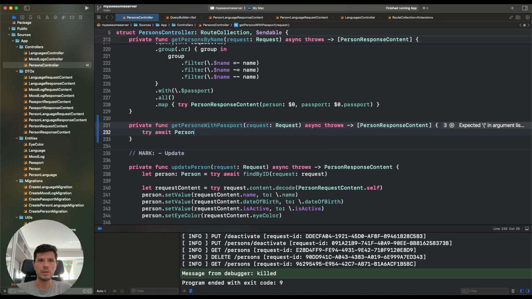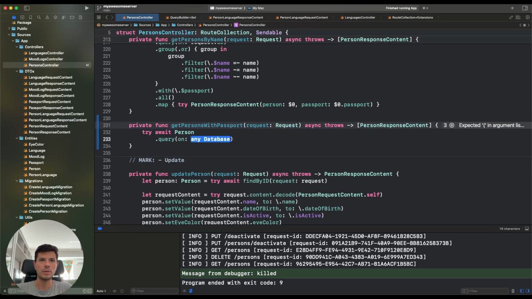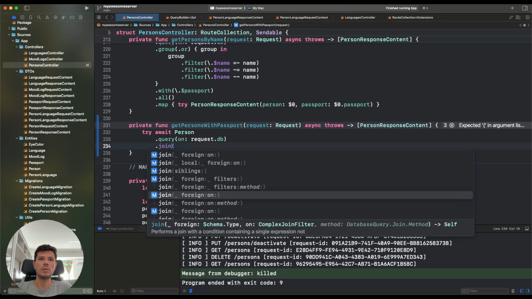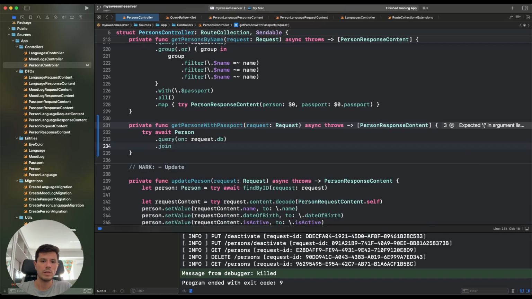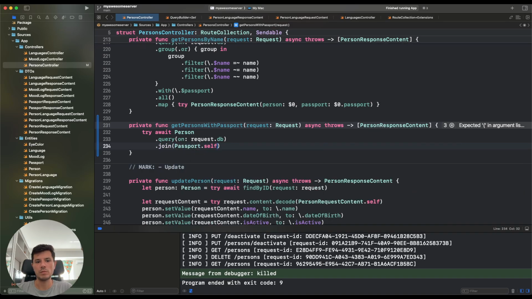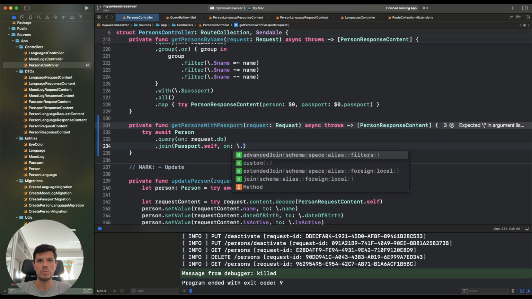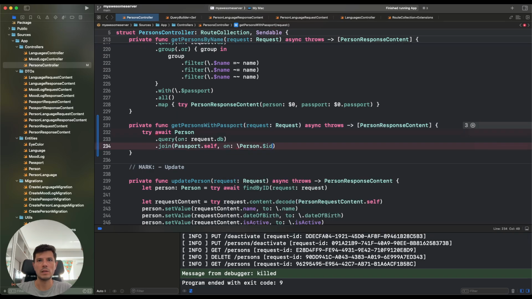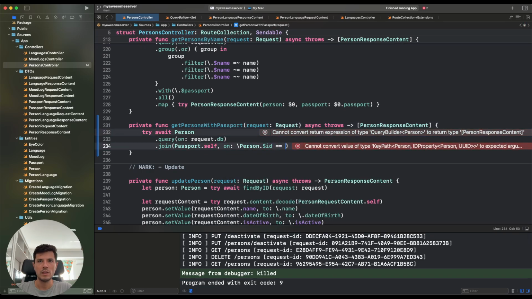And we do person query, of course, request adb, and we can say join, and we have multiple ways of doing the join part. I'm going to do join, and here I'm going to pass the table that I want to search on. On what? Here I need to pass the correct information. It should be person slash ID. This ID property I need to look on. And this one should be equal